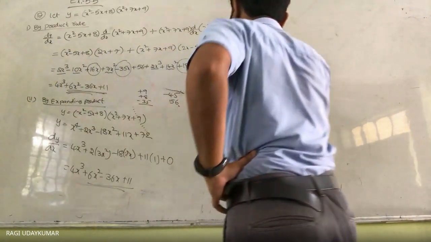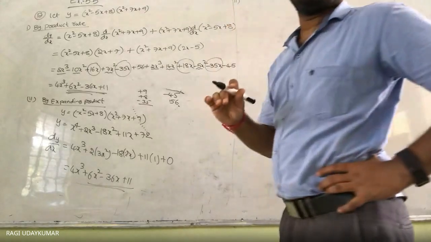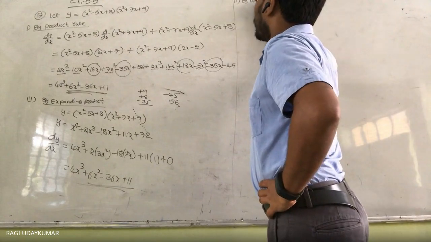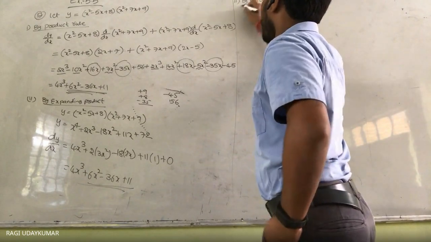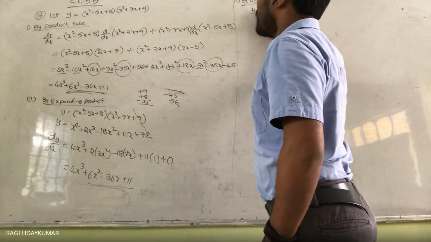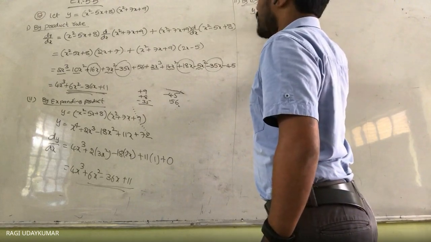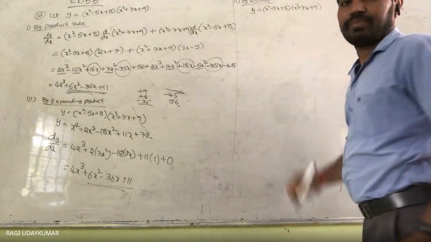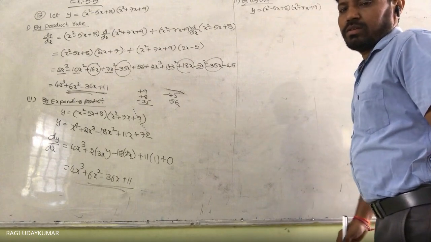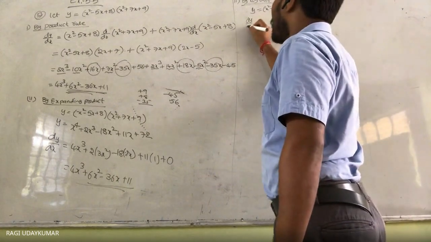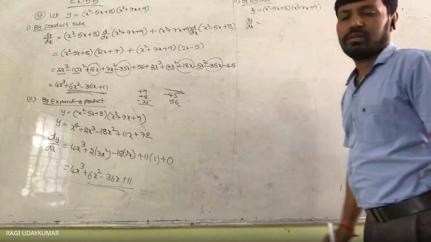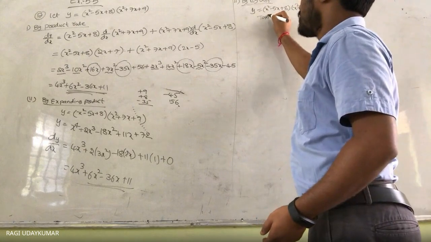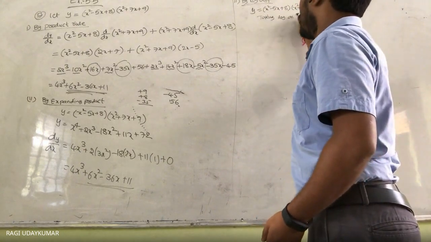Coming to the third method, is logarithms, by using the logarithmic differentiation. By logarithmic differentiation. So one logarithmic differentiation is nothing but y is equals to x square minus 5x plus 8 into x square plus 7x plus 9. Okay. So what do you get here? Dy by dx is equals to, directly dy by dx, no, sir. Taking logarithm on both sides.